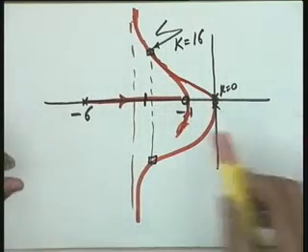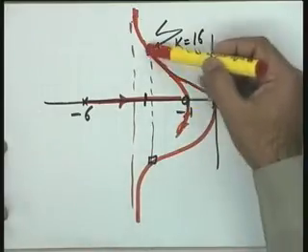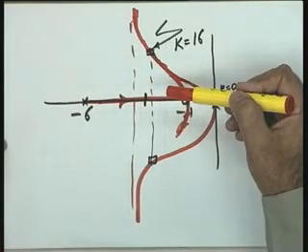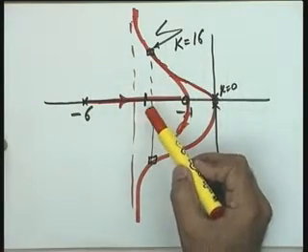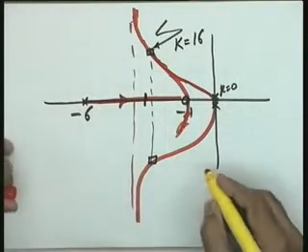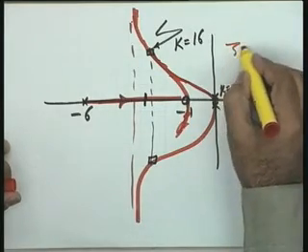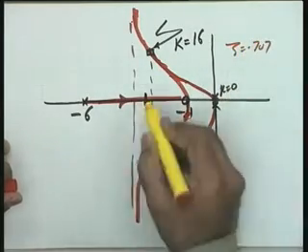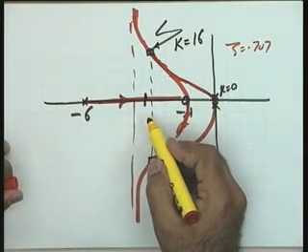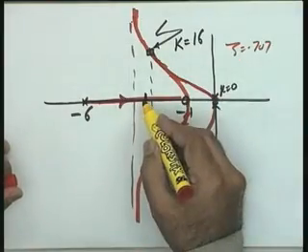Now you know that if this particular third pole lies in the region close to the complex conjugate poles, the dominance condition is not satisfied, and therefore you will have to see the effect of the third pole by simulation. You see, the requirements are always given this way, that the peak overshoot is less than or equal to that quantity. I have taken zeta equal to 0.707. So you can see, if the dominance condition is not satisfied, as is evident in this particular case, you have to simulate it and see the effect of the third pole.